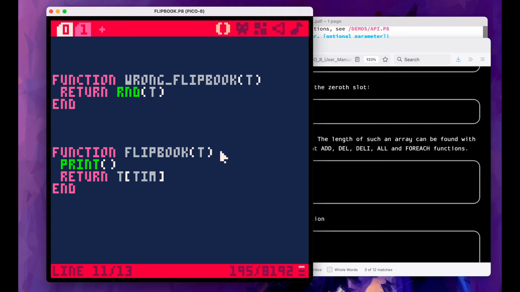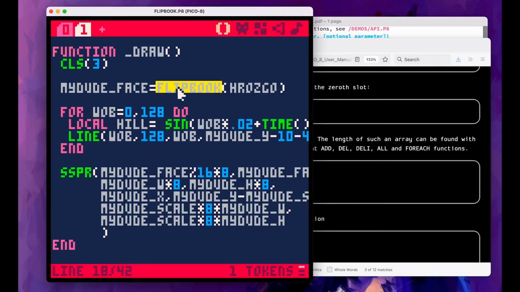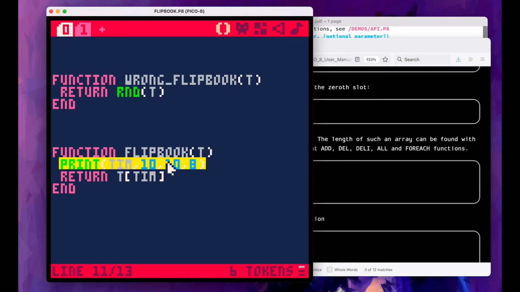So I'm going to print it at, let's see, yeah, I'm going to print Tim, and I'm going to do it at 10, 10 and do it in red. Now I'm just typing print here right in the middle of our flipbook animation, because I'm using the flipbook animation inside of the draw call after I have cleared the screen. So this thing is going to clear the screen, it's going to run the flipbook animation, it's going to print